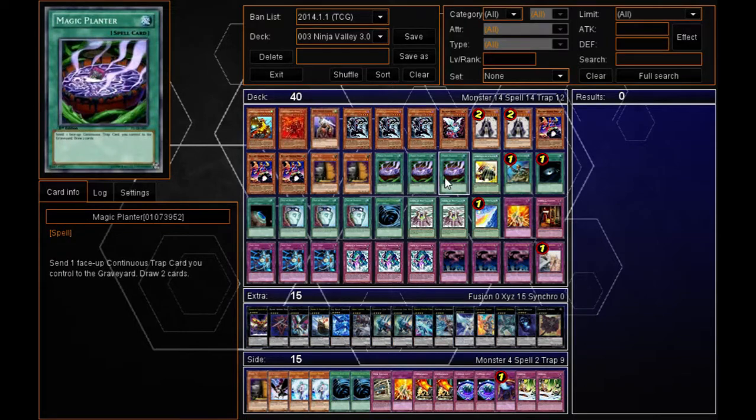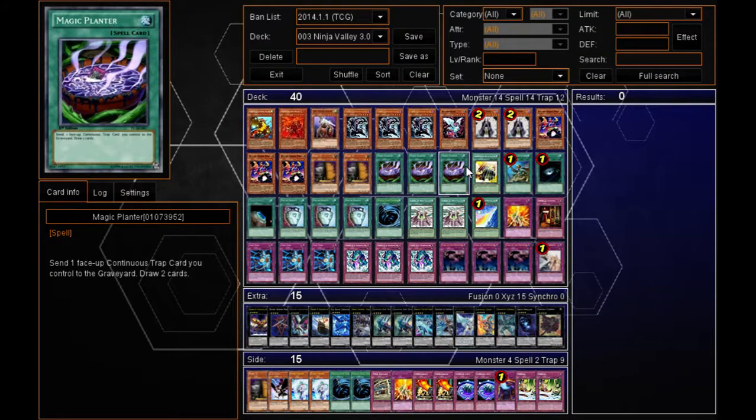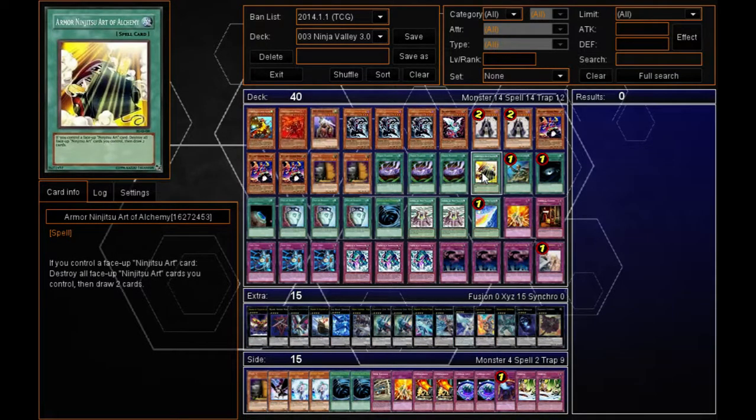You got 3 Magic Planters because when you're dueling, you're going to see a lot of continuous trap cards in the field just chilling there. That's why I have it at 3. It's a lot, especially if you have searchable continuous trap cards, which is really destructive. And I have